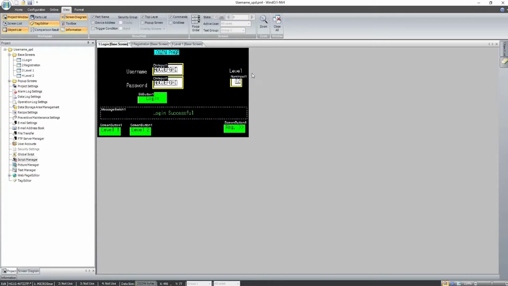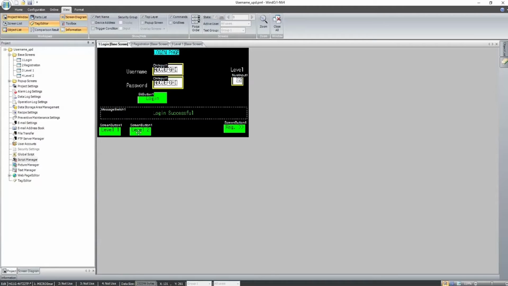Then to showcase which level we are at, I have used a numerical input. This is only for testing purposes; later on it is not at all required in this page. Just for your understanding, I am displaying this numerical input.